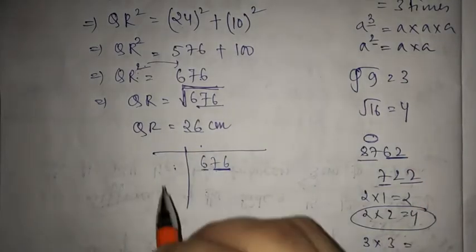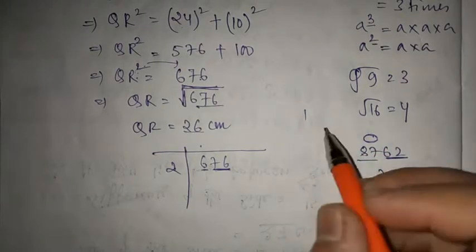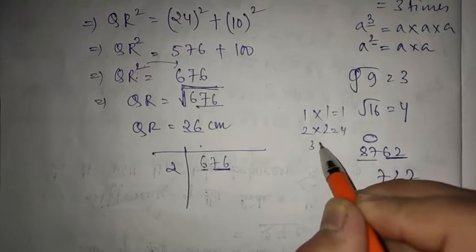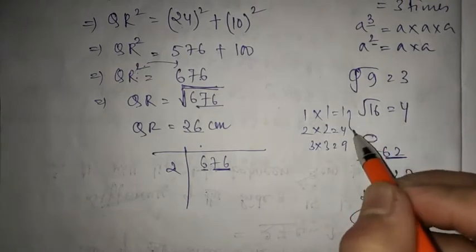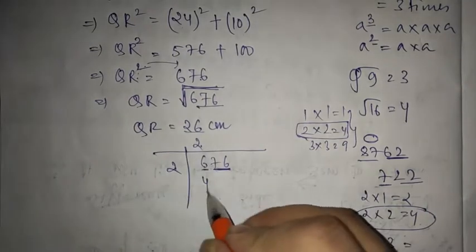Now you will choose 2. Let us take from the smallest number. You cannot say 6 6s are 36. You have many numbers starting from 1. 1 1s are 1, 2 2s are 4, 3 3s are 9. So this type of number you should choose. Which number are you going to choose? 2, of course, right? So 2 2s are 4.